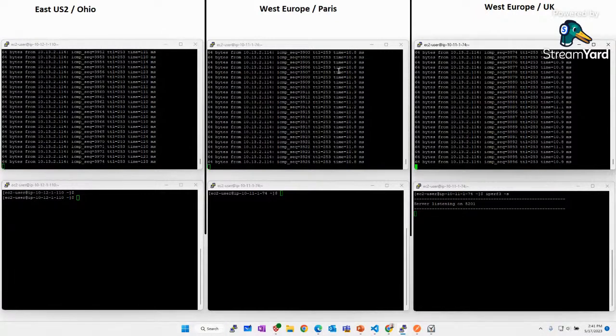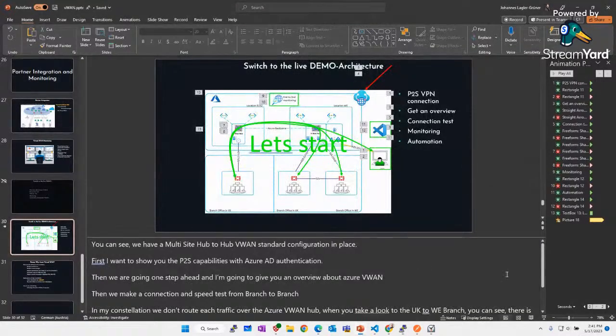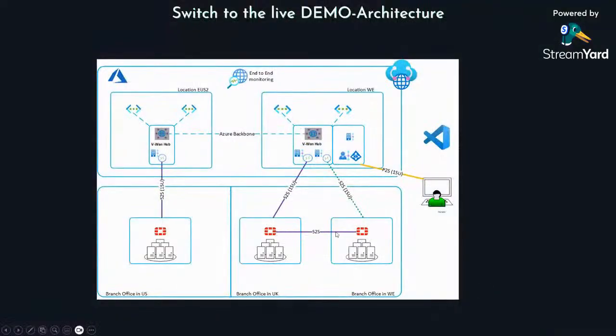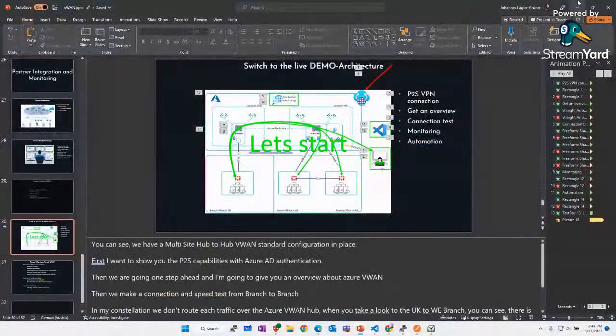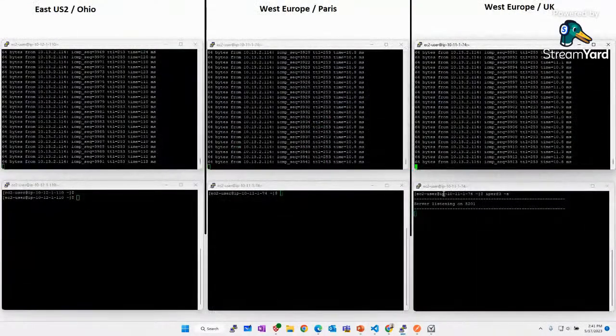When we have a look here from Paris to UK, we have a direct connection. So I want to switch back to my presentation here. So here you can see I have a direct connection between West Europe and UK. And first of all, what I want to show is what happens when the connection is broken between West Europe and UK. So normally when the connection is broken, the ICMP ping is going down.